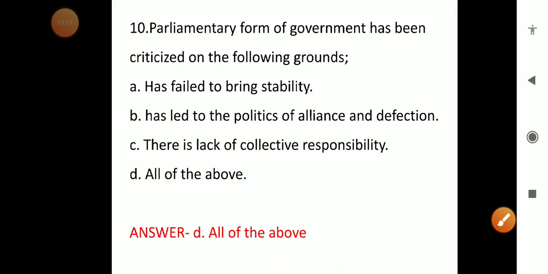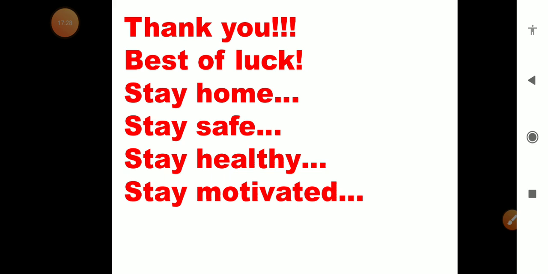Hopefully you got it. This was a few questions from the chapter Parliamentary Model. Hopefully you understood how to solve it. And now I would like you to share it with your friends, so that they may try to find out. Even these points, if you keep them in mind, would be helpful in answering for two marks questions, and also for 4 marks questions if you are able to explain these